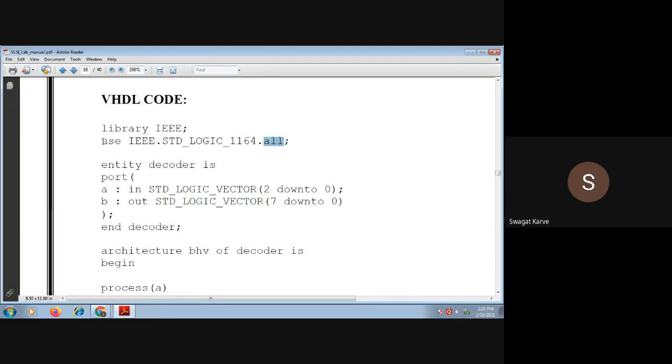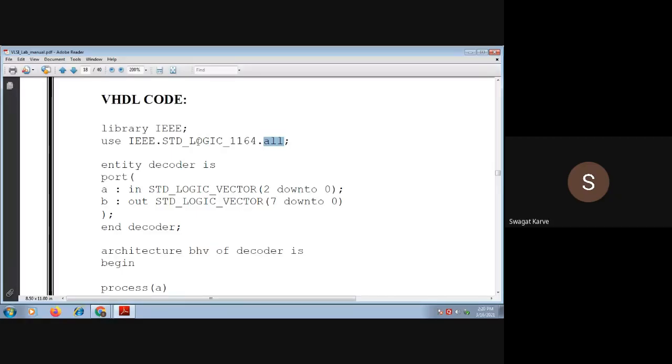First we have to tell the synthesizer we are using this library, this package, and all the items present in this package. This entire part is the library declaration.